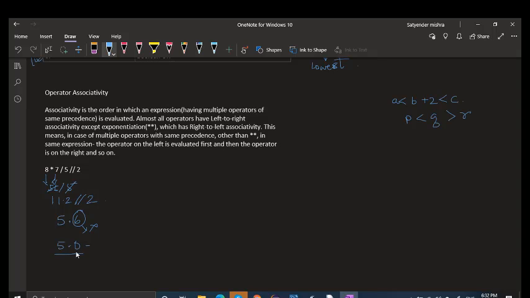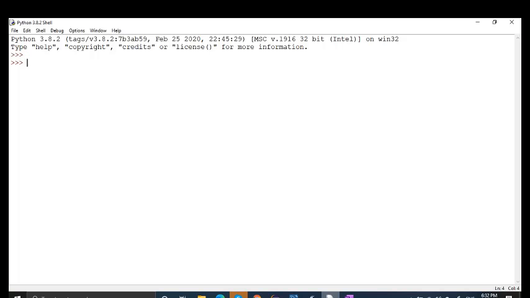So this is how it will work. Let me do it in the Python shell. You can see that it is producing the result 5.0. If we write the whole thing in brackets also, it will give 5.0. Brackets are used to give a clear indication of which operation I want to do first, and which next. But if you're not providing brackets, then Python will evaluate according to the precedence. Because the brackets' precedence is high, we can provide them.